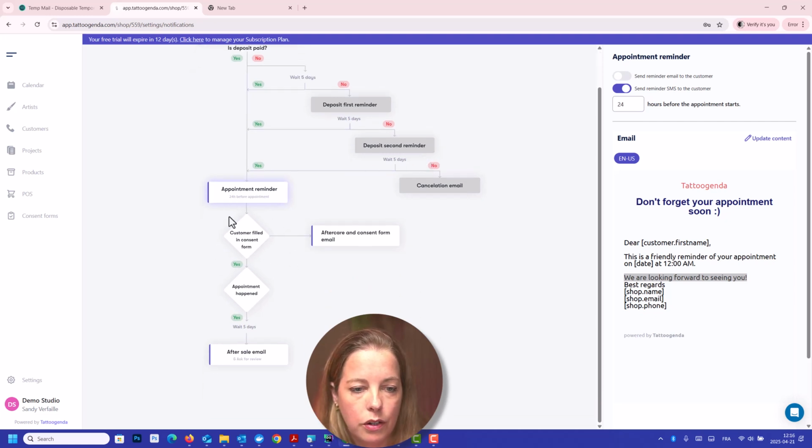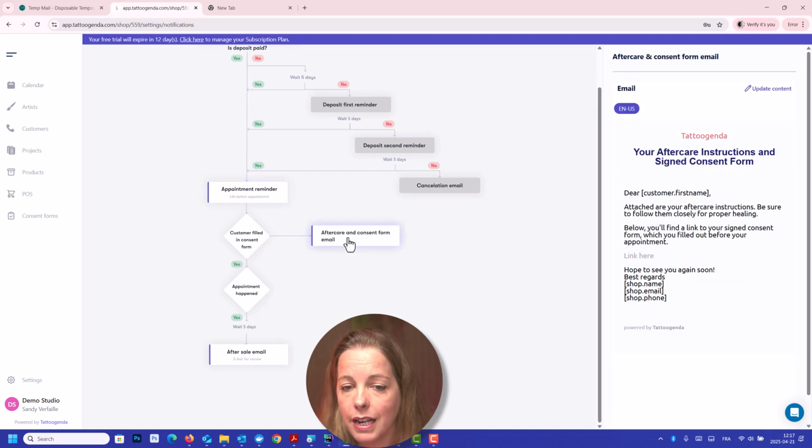Next, this customer filled out their consent form. This is like in this shape. It just indicates something's happening. It's not a mail or a notification that is sent. But your customer gets his reminder. He arrives in your studio. You show the QR code or you send a text message. They fill out the consent form. And here it indicates the customer filled out the consent form. They signed and they saved it.